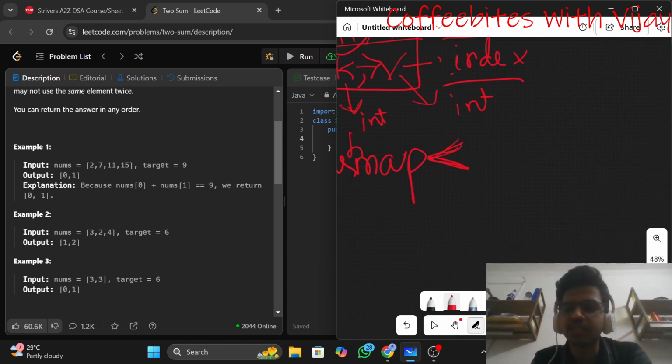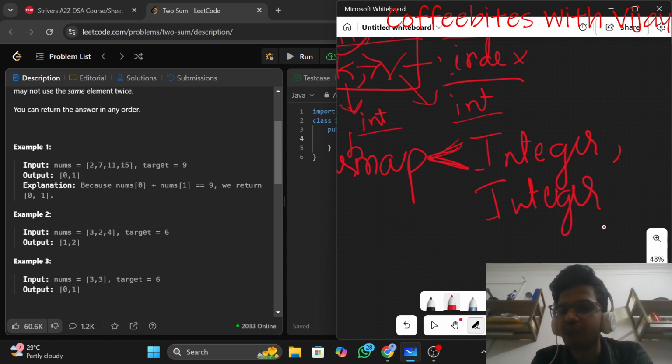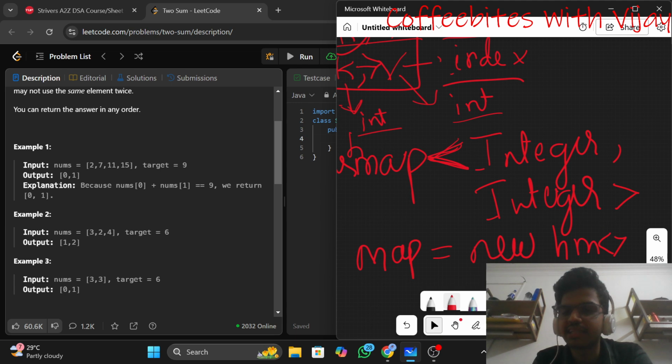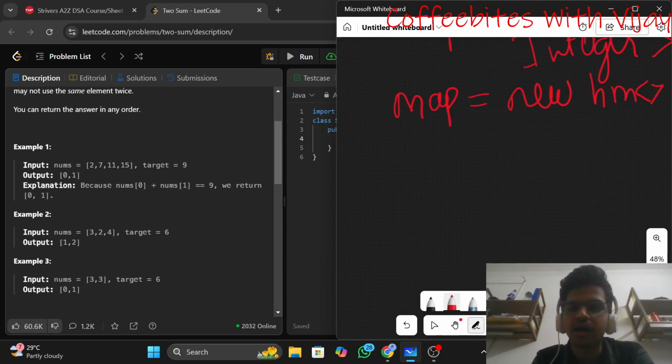So what I'll do is take the wrapper class of these two integers, that is Integer comma Integer wrapper class. This is the wrapper class that I'm going to use, and I have to declare the variable and create the object, that is new HashMap. In this way we are going to declare this hash map. So I have given a quick basic of hash maps, and there are many functions, guys. For example, you can use map.put.